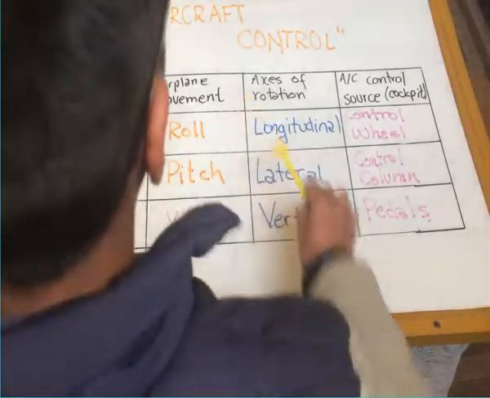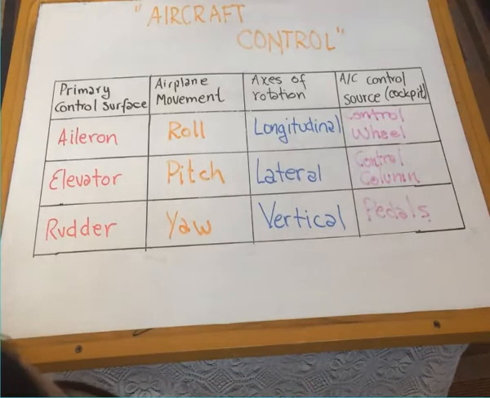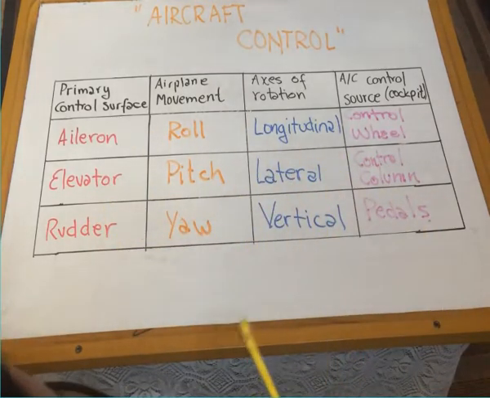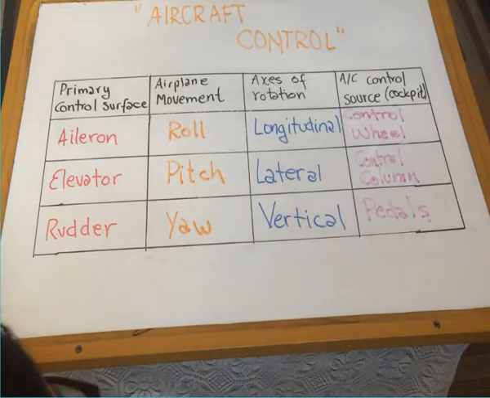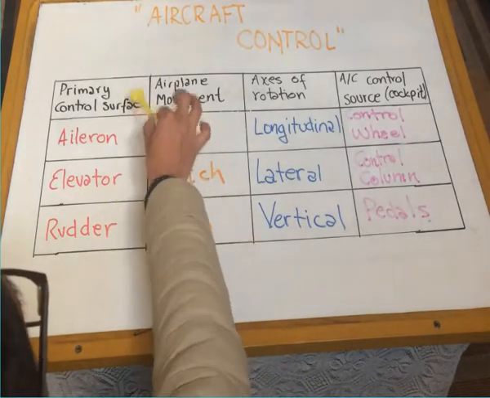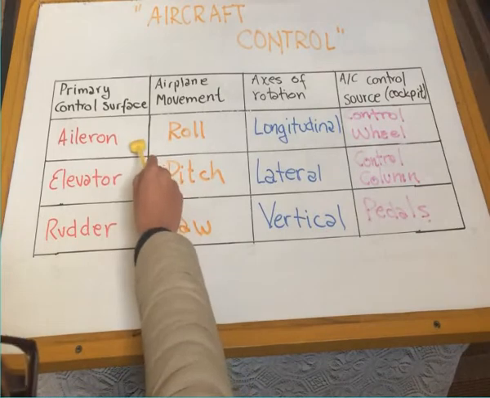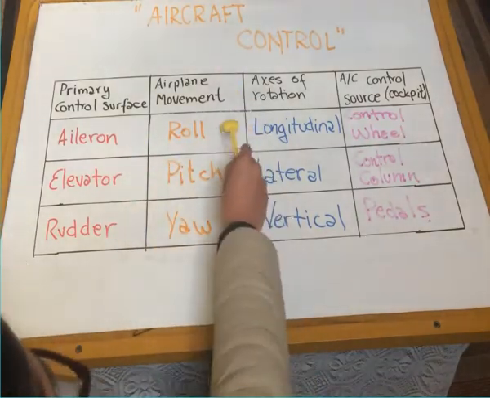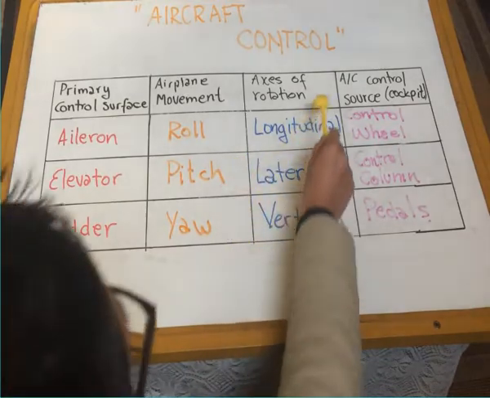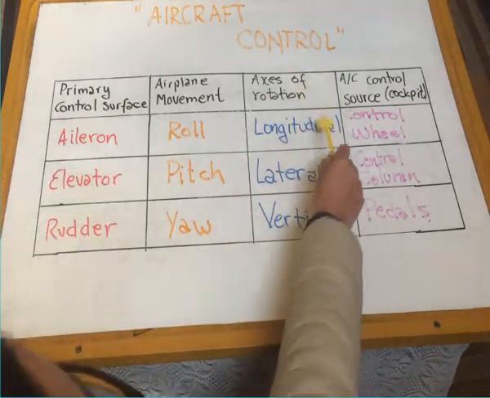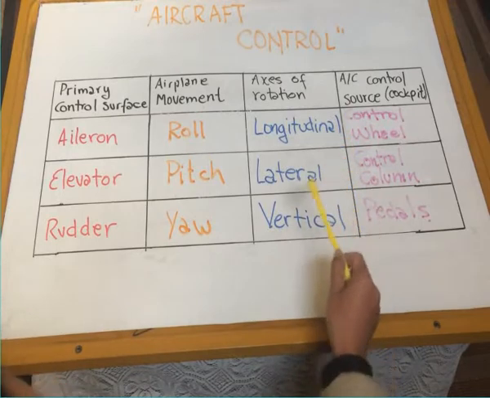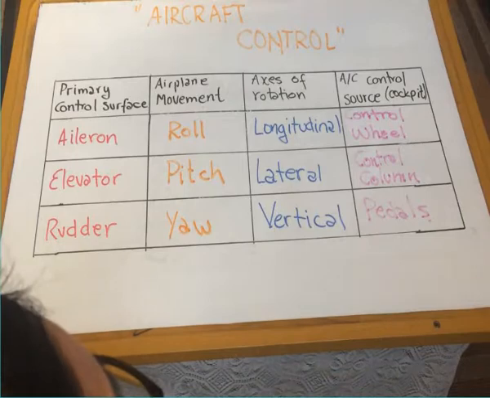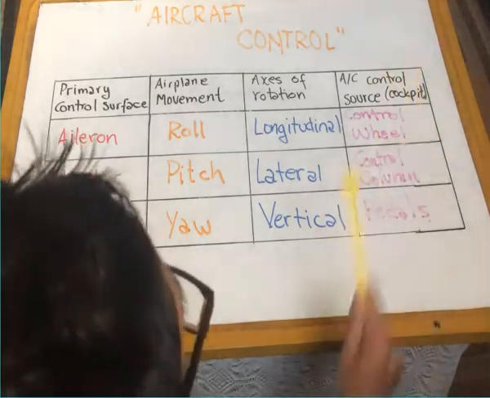Here you have a chart that summarizes all about the aircraft basic control, okay? It is divided in the primary control surface: aileron, elevator, and rudder; the airplane movement: roll, pitch, and yaw; the axis of rotation: longitudinal, lateral, and vertical; and from what aircraft control source we use in the cockpit: control wheel,